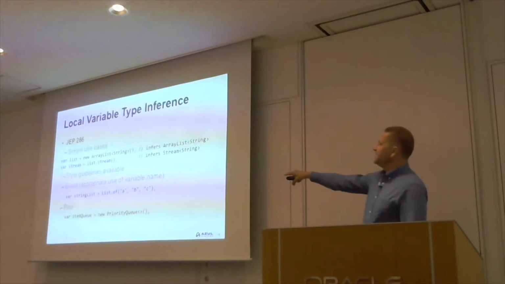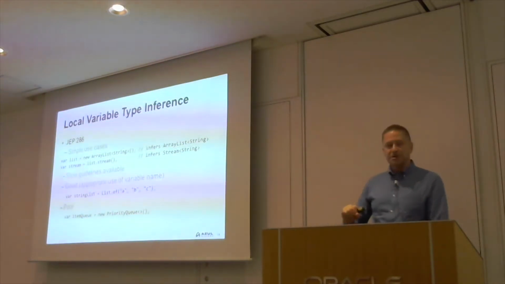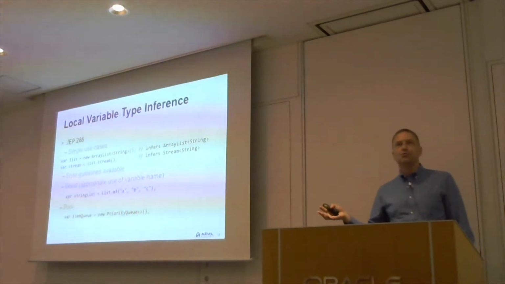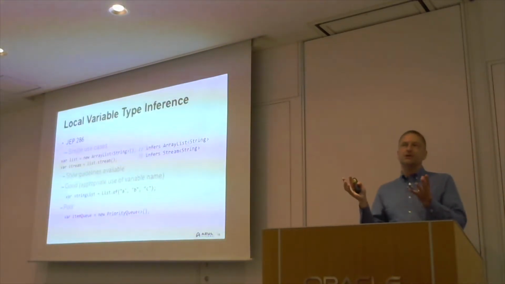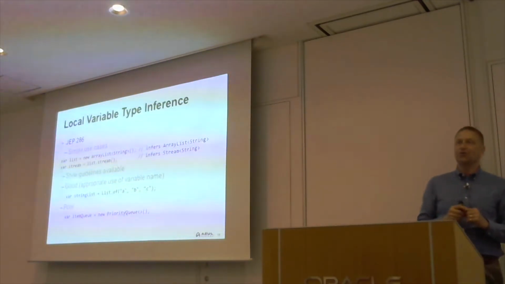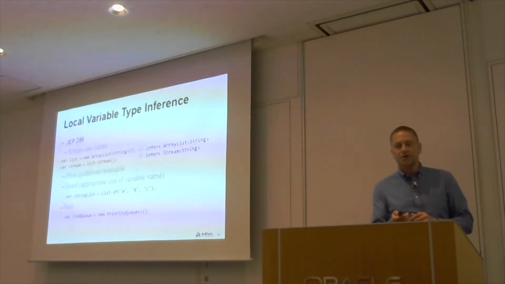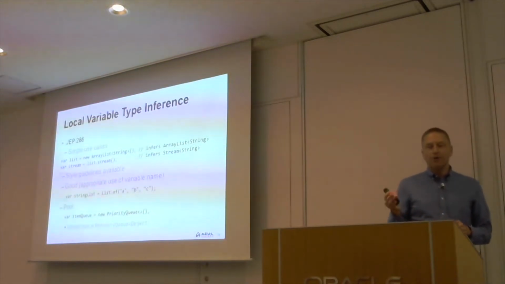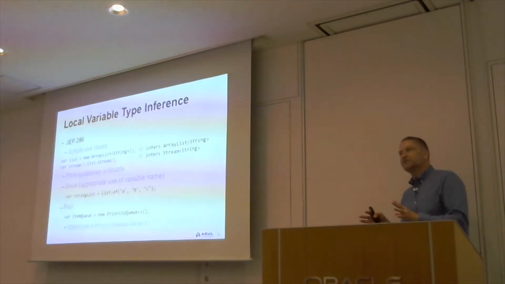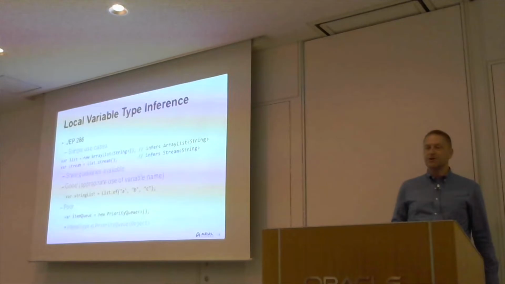Also, you need to be careful if you use the diamond operator, because in this case what we're doing is saying var itemQueue is a new priority queue, but we're not specifying the type of the generic parameter. We're leaving the compiler to infer that for us. But because we haven't given the compiler any hints, it's just going to assume that it's a priority queue of type Object. So these are the little things that you need to be careful about when you're using local variable type inference. But there's lots of good places where you can use this.